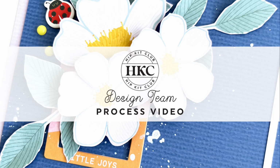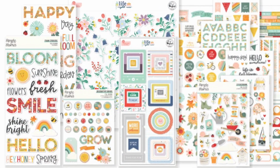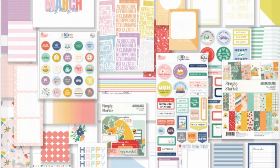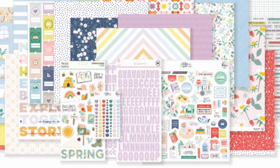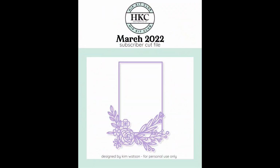Today I've got a video for you using the March kits. And you can see the gorgeous kits here have a lot of Pink Fresh Studio and Simple Stories, as well as Hip Kit exclusives. And it's Cut File Tuesday, and this is the cut file I'm using. So it's a really pretty frame,